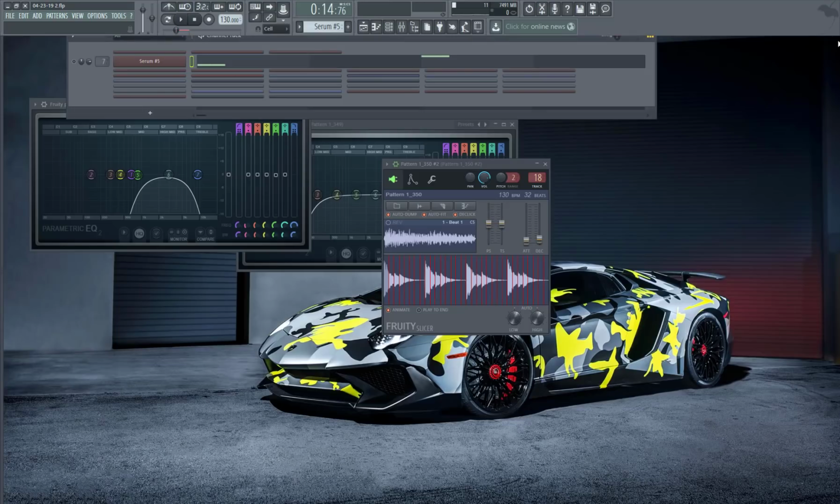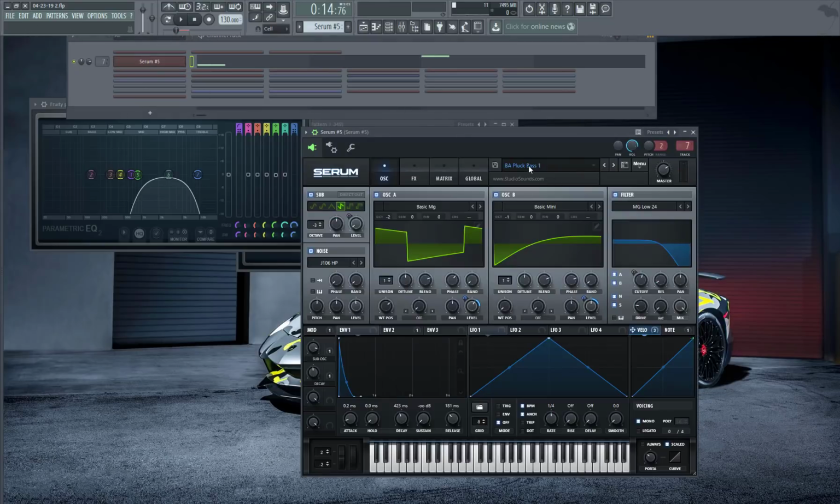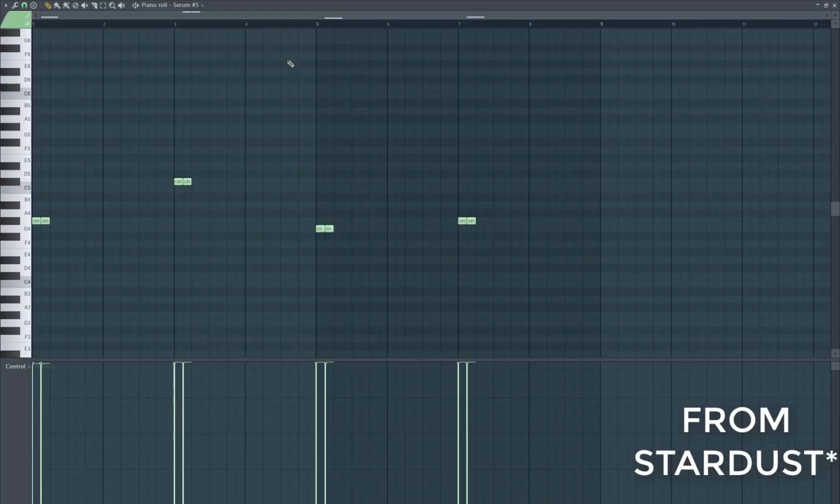For the actual hook section, I wanted to use kind of like a bassline pluck. You'll hear those throughout Travis's tracks, usually in intros or hooks, and then for the verses, we'll switch back to an 808 or a heavier bass line. So I want to just kind of mimic that sound. So what I did was I pulled up this little pluck bass one from Astro World again,